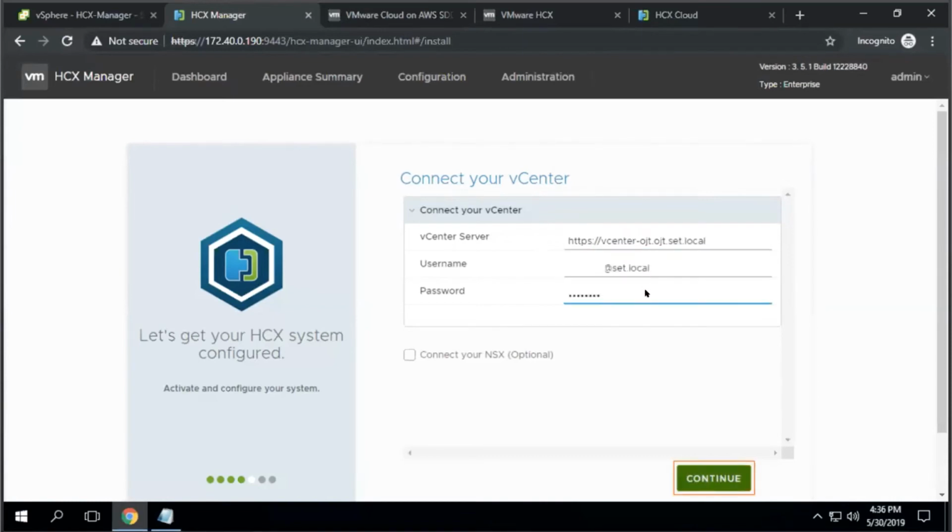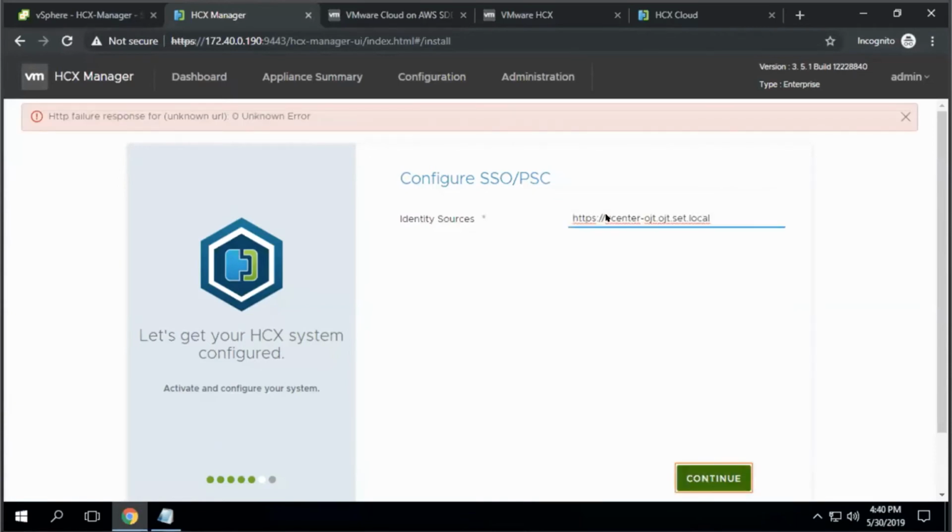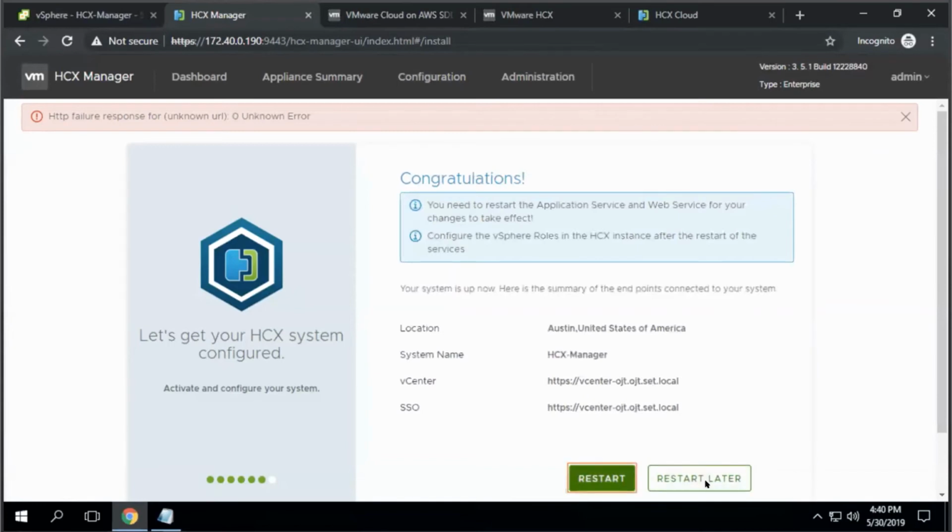and the user ID and password and say continue. And if you have an external PSC, you might need to key in there. If it's an embedded, then the same URL of your vCenter would be great. Now, I would just want to point out that if you're doing a deployment on your target site,